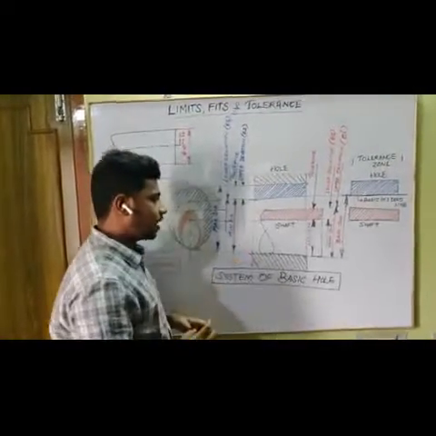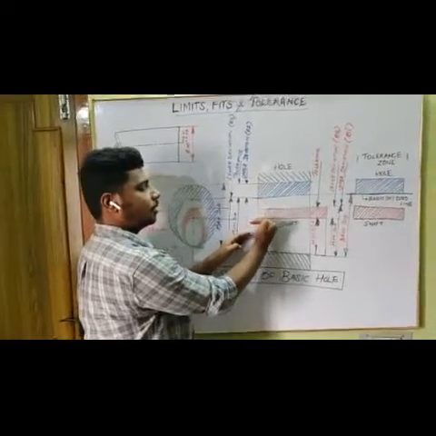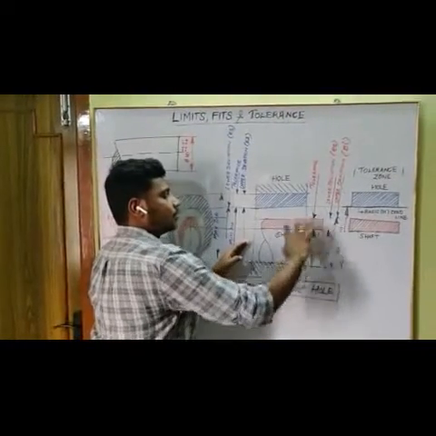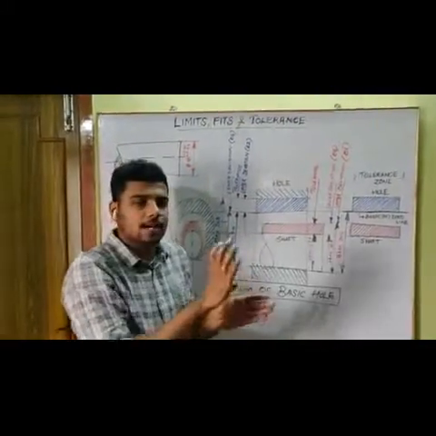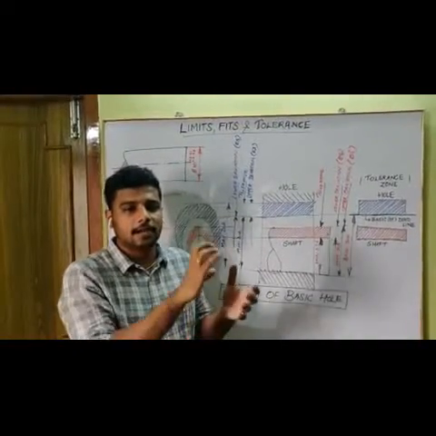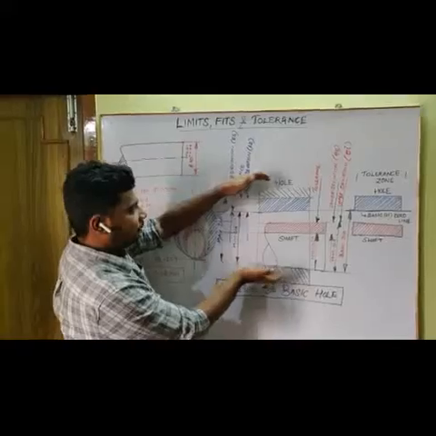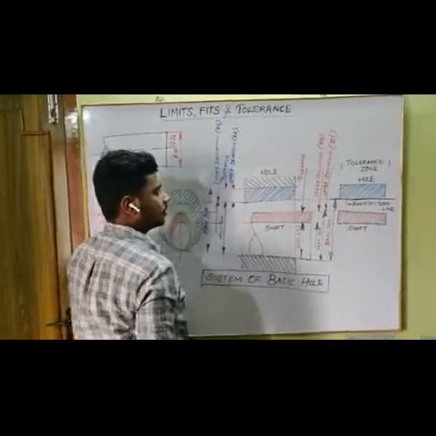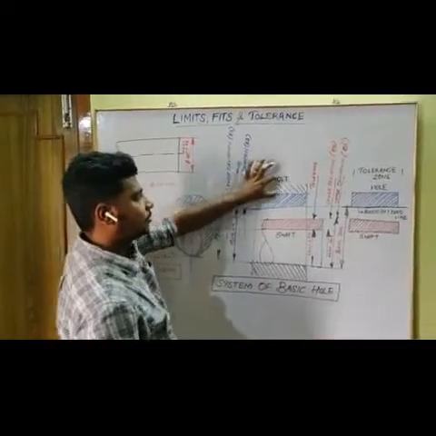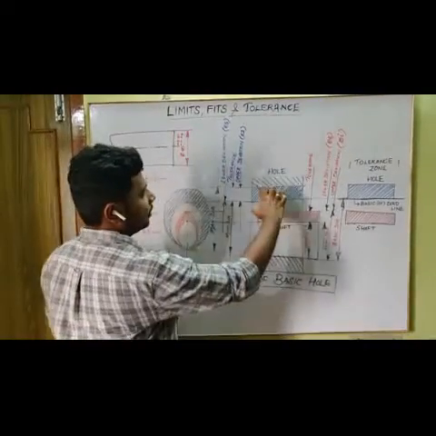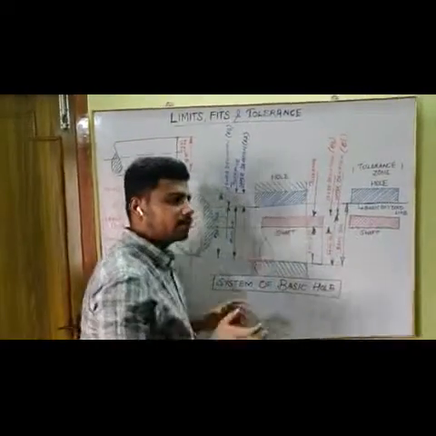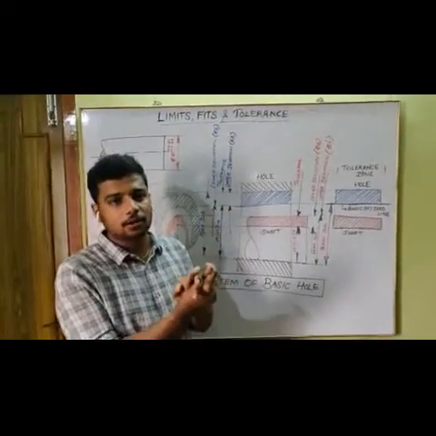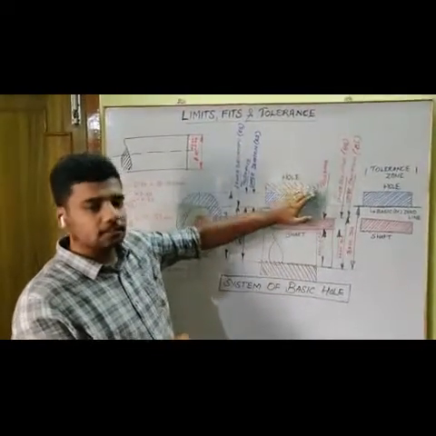The shaft has an upper limit here and a lower limit here. When you consider the upper limit condition, the shaft has more material, so that condition is called maximum material condition. The diameter of the hole will be higher. In the same way for the hole, you have a lower deviation and an upper deviation. When you consider the upper deviation, the material consumption is very little. When you consider the lower limit of the hole, the material is more, which means the diameter of the hole is getting closer, so you are consuming more material for the hole. That condition is called maximum material condition for the hole.